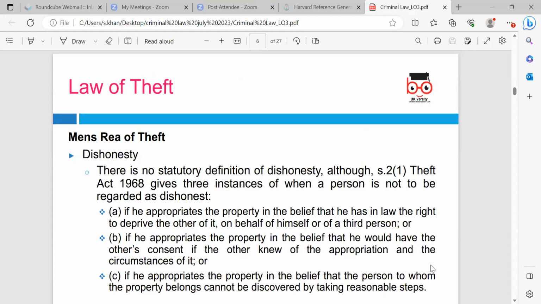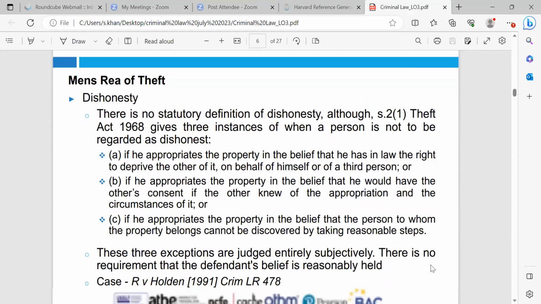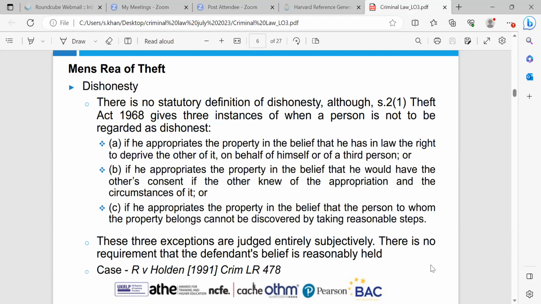So the law of theft, the mens rea, we're going to look at now. So dishonesty, there's no statutory definition of dishonesty. Although Section 2, subsection 1, Theft Act, gives 3 instances of when a person is not to be regarded as